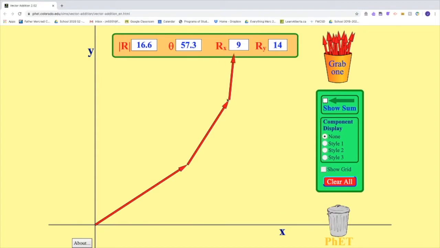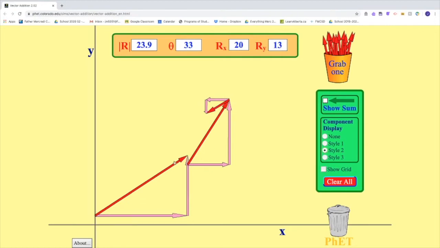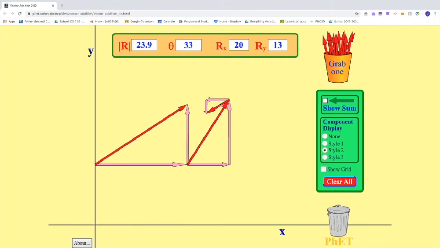You can even go backwards like that, backwards in the x-axis, and even down if we wanted. How do I add these? Well, we would have to separate them into their components, and then their components can just add fairly simply. So if I show all of their components, you can see this one's coming down, this one's coming backwards, but if I add up all the x's tip to tail